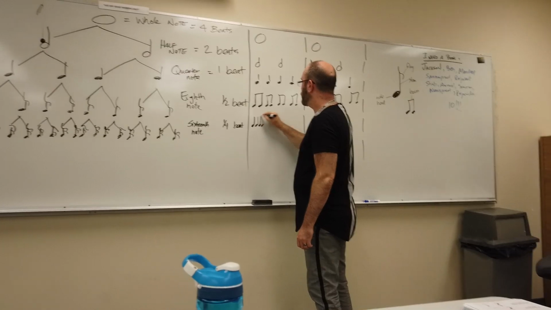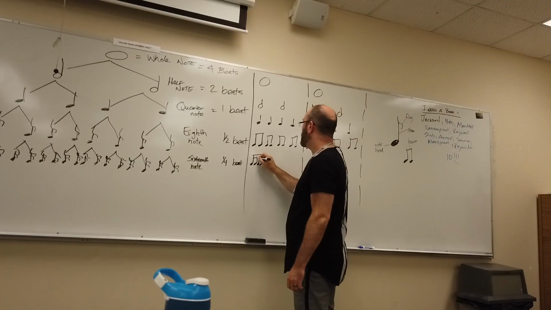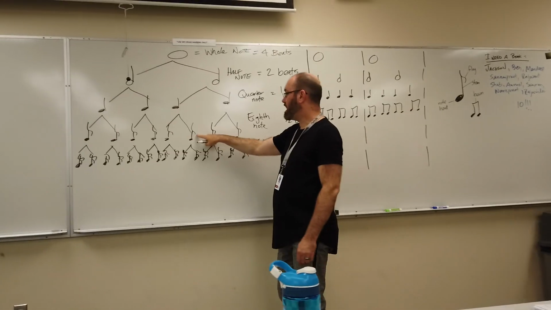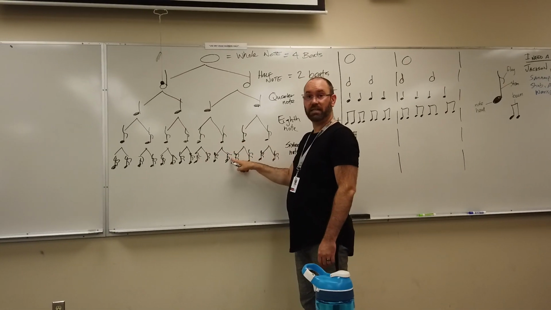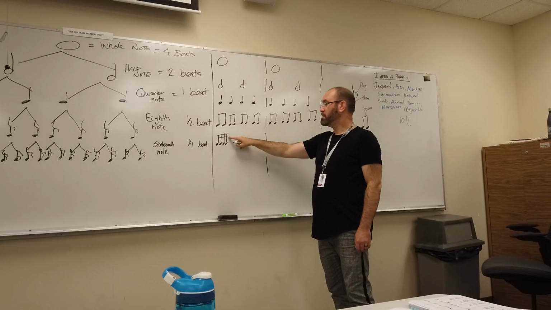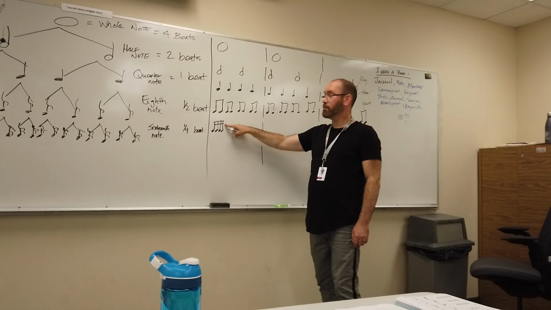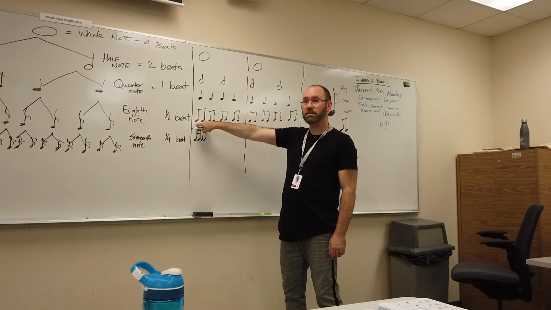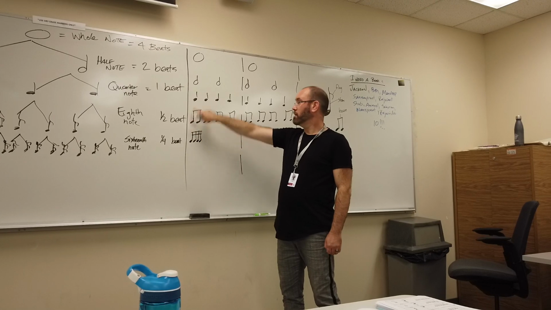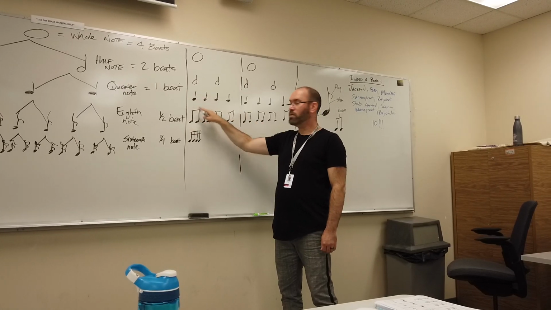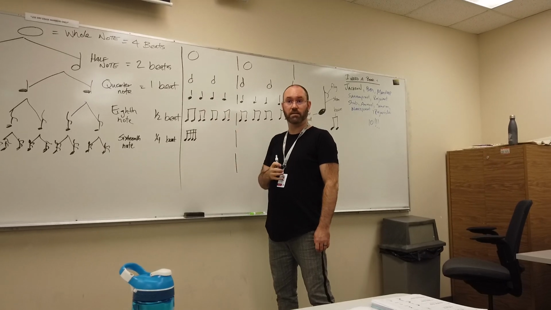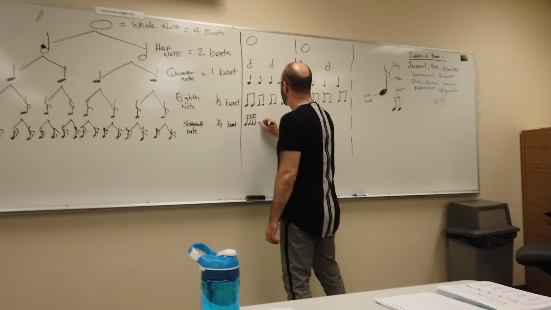So there's going to be 4 of them. It's going to get 2 beams. Because did you notice how the 8th note gets 1 flag? The 16th note gets 2 flags. 8th notes get 1 beam. 16th notes get 2 beams. This is combined to make a quarter note, and this is combined to make a quarter note. So there's 2 combined here because it makes 1 beat, and there's 4 combined here because it makes 1 beat. Okay? So now,